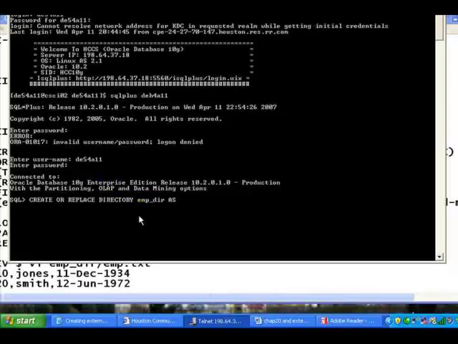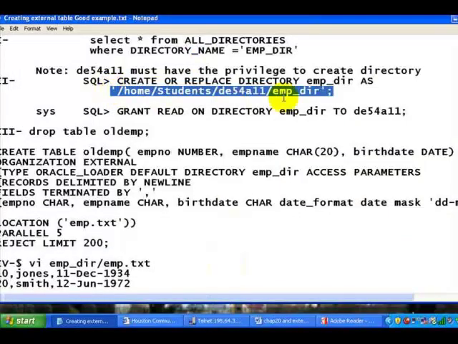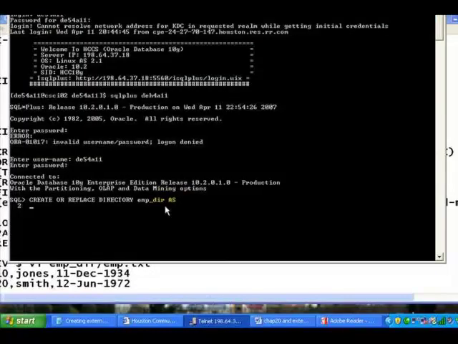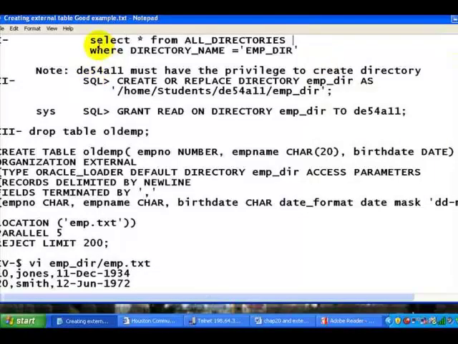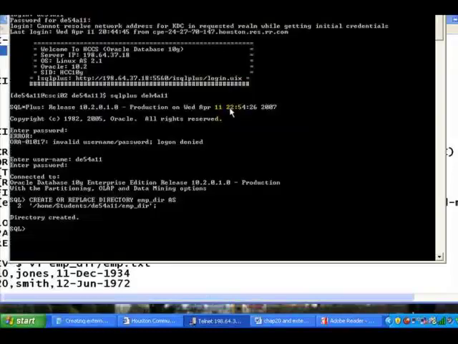I want to create a directory as empdir, and then I'm going to copy the other portion of it, the path of that directory, which is home student DE54A11 empdir. Then I press enter. Directory is created. Now let me be sure that the directory is created. So I'm going to select asterisk from all_directories where directory name is empdir, and I'm going to set the line size